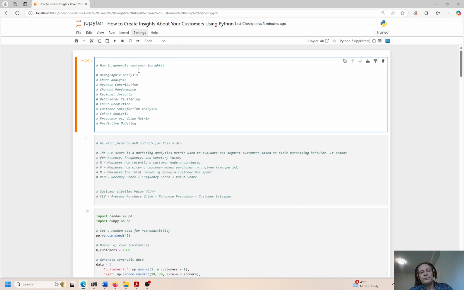So RFM is an abbreviation for recency, frequency, and monetary value. Recency is how recent a customer has made a purchase. Was it a long time ago? Was it a couple of days ago, right? So we're going to look at that feature, and measure how often a customer makes purchases in a given time period. Again, that is also important, right? If your customer is interacting with your business quite